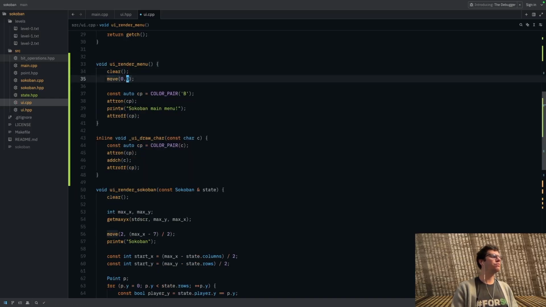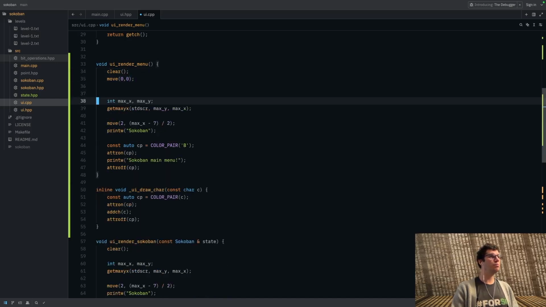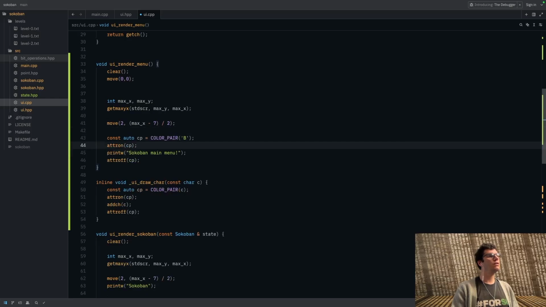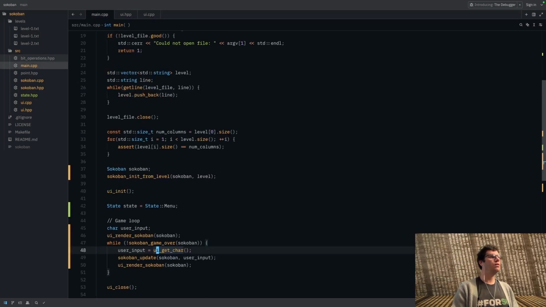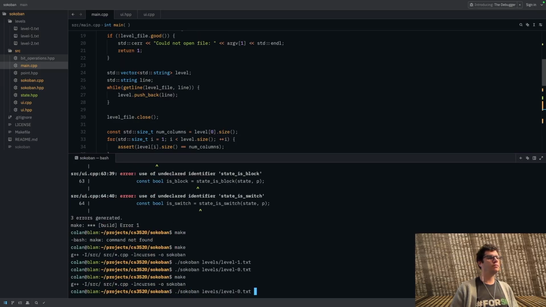And so UI render menu. You can also see we have some duplicate code here with these two lines of clear and clear. Two lines I really don't care about, to be perfectly honest. So we'll live. And let's not even bother with this main menu stuff. Let's just put this there, get rid of that, and that will be our main menu. Now, of course, if we do it like this, there's going to be no way to get to the game right now. So if I run it,